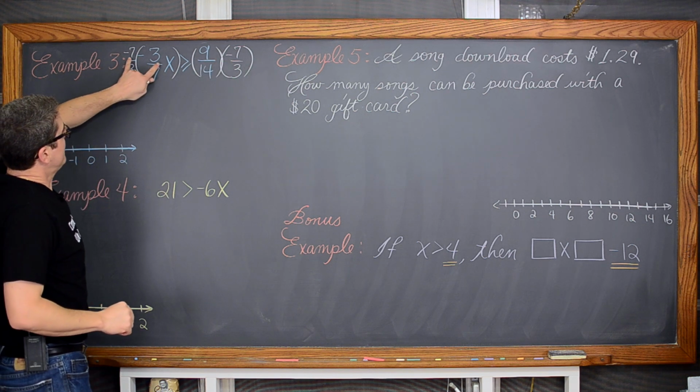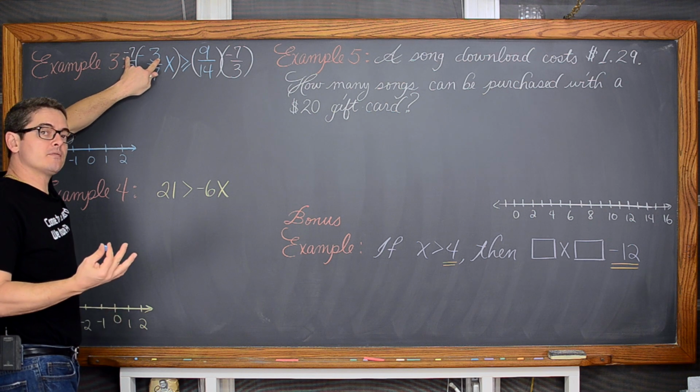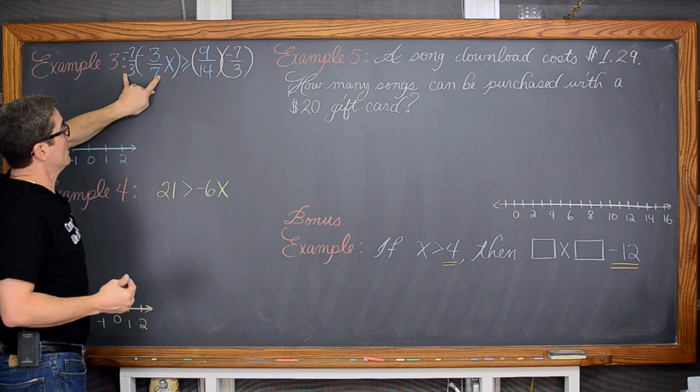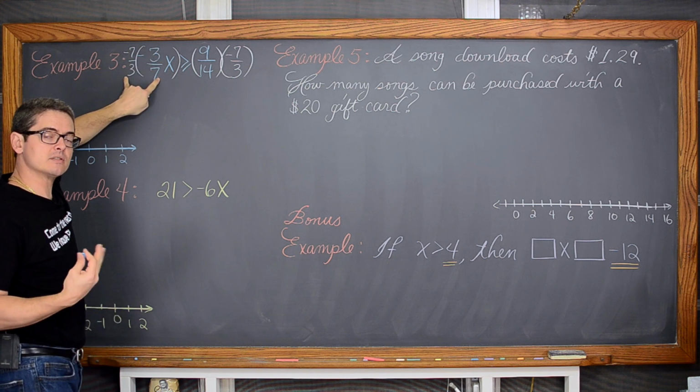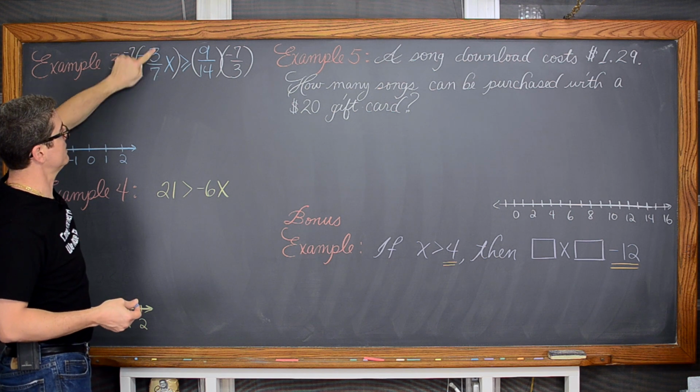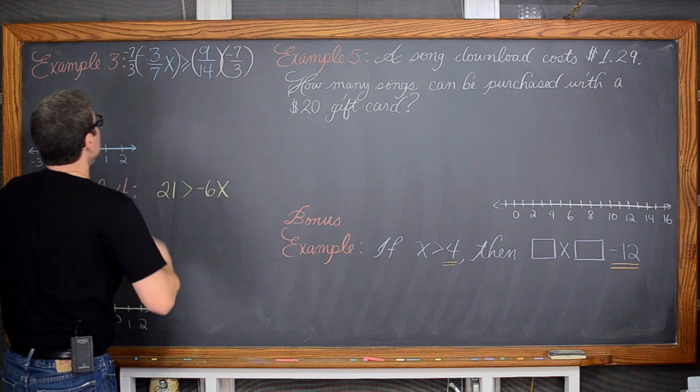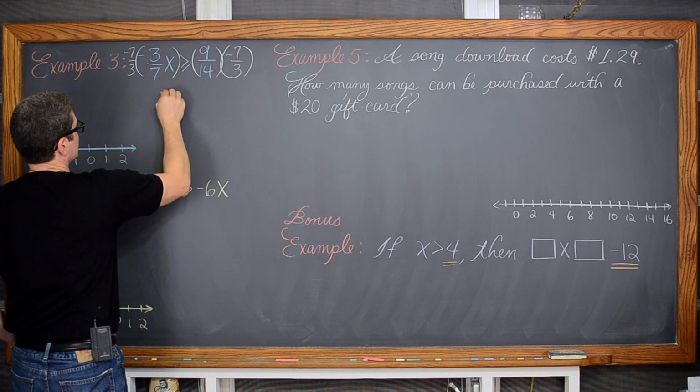Okay, well, we have positive 21 from negative 7 times negative 3 over positive 21, and anytime you take a number and divide it by itself, it's going to cancel out to be 1, or 7 divided by 7 and 3 divided by 3 is equal to 1. So at any rate, you have just simply an x.